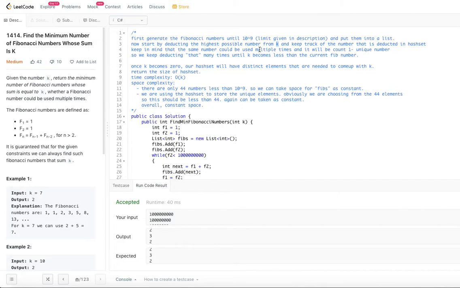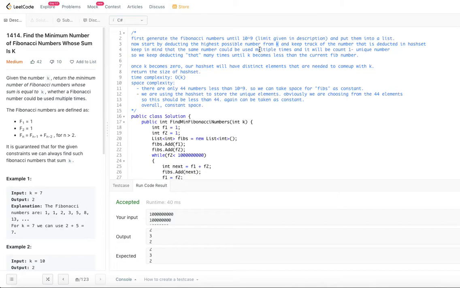Then we are going to put whatever number we subtracted from k into a hash set, so that we can keep track of how many unique numbers we have subtracted from k, so that at the end if you add up all those numbers, it could be one or many times, it should give you k.